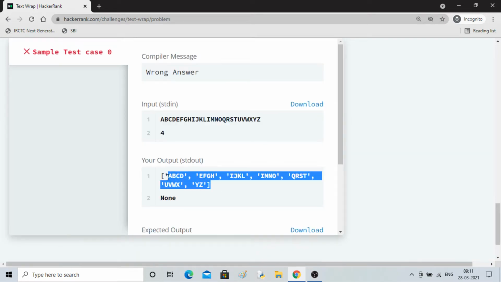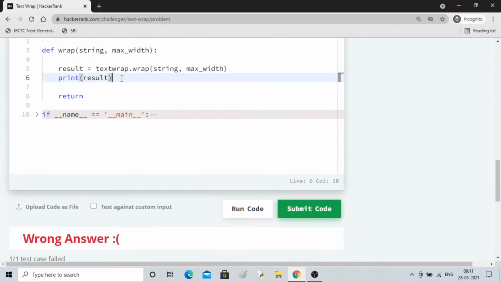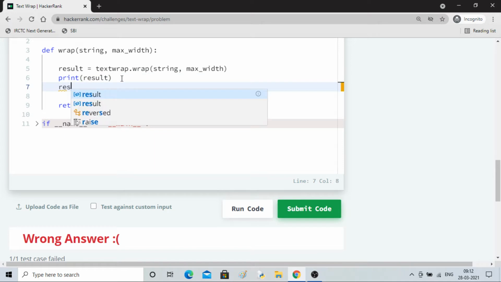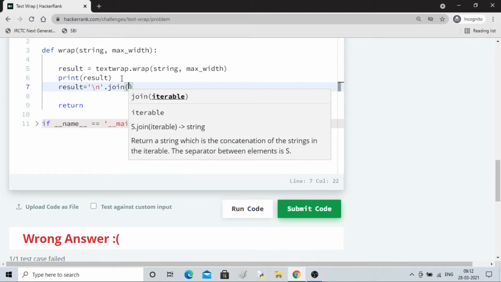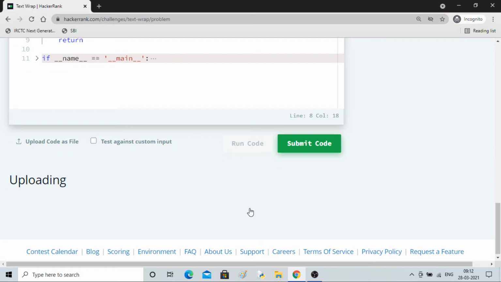So we got the result, but the lines are not on new lines. So what I'll do is join the result like this, with \n.join(result), and then if I print again, I should get the desired result.